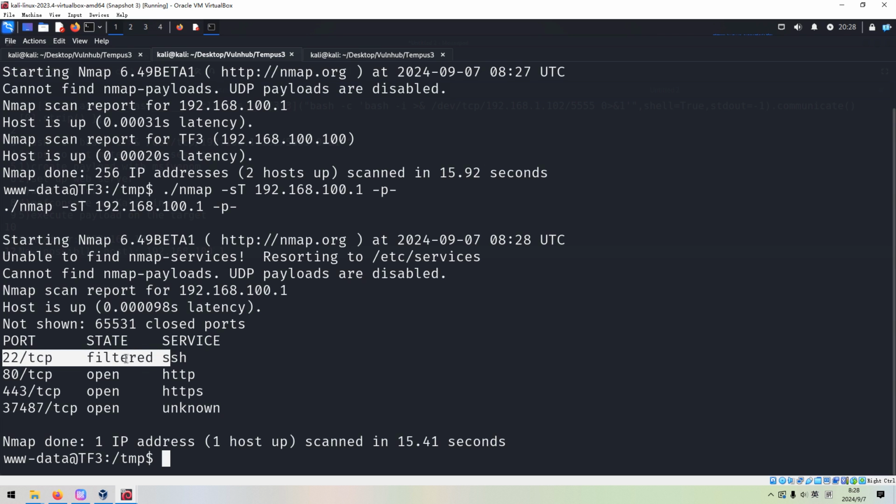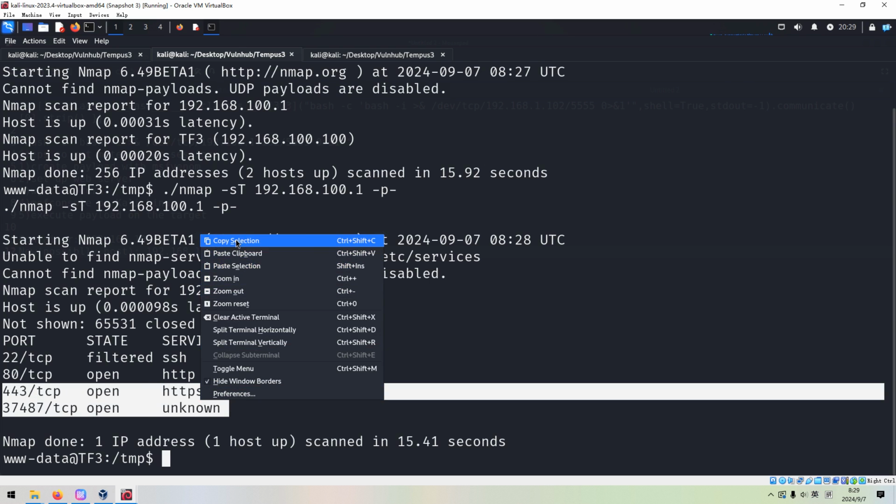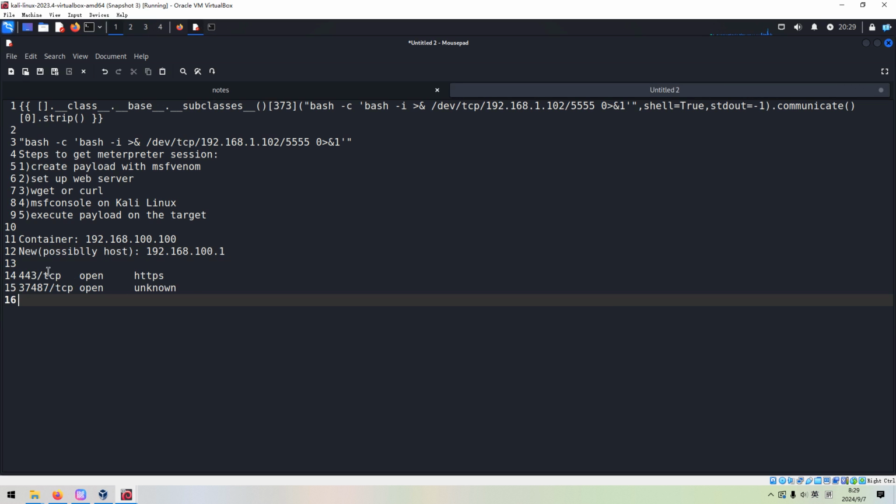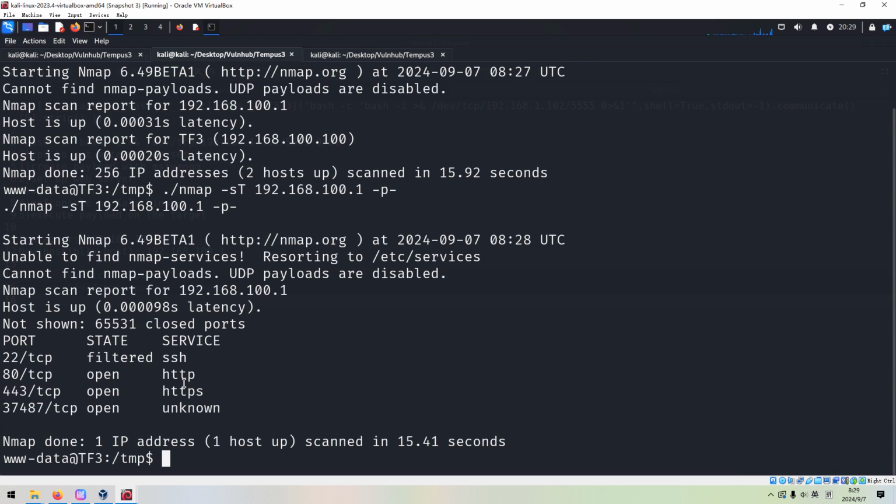Also the state is filtered, but we discovered two other open port numbers, and we can copy. And the next we need to access these port numbers, right? And to do that, we can use built-in port forwarding